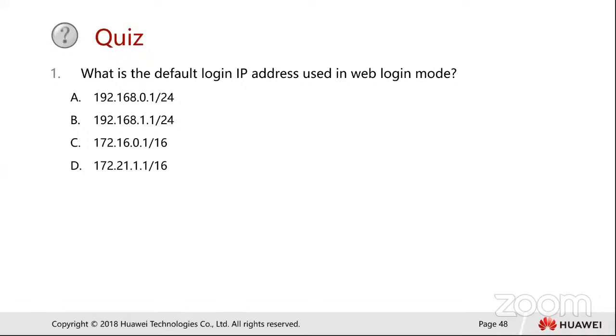The answer is A. It's 192.168.1.0. Okay, yes, very correct. I see most of you got the answer correctly in the chat. I'm seeing Malawi, Akram, Kelvin, Jonathan. Most of you got the answer correct. The answer is A. This is our default management